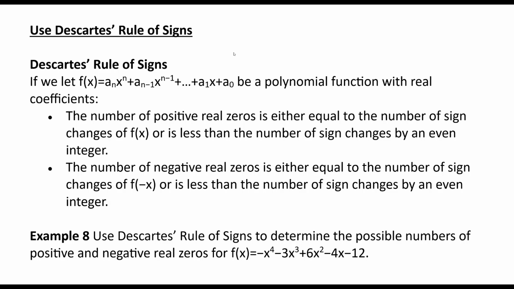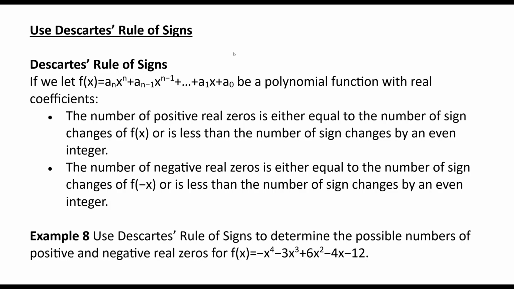Now we'll look at Descartes' Rule of Signs. Descartes' Rule of Signs: if we let f of x equals a sub n x to the n plus a sub n minus 1 x to the n minus 1 plus dot dot dot plus a sub 1 x plus a sub 0 be a polynomial function with real coefficients, the number of positive real zeros is either equal to